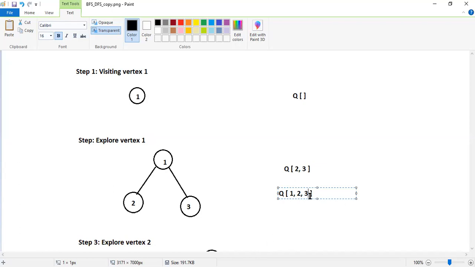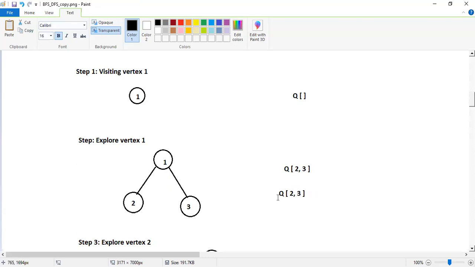Now these are the only 2 vertices which are adjacent to 1. So after I insert vertex 3 here, vertex 1 is now completely explored, meaning all its adjacent vertices have now been visited. That means 1 is completely explored and the queue cannot contain explored vertices. So as part of the queue implementation, the one which has come first we will remove first. So out of these 3 elements, 1, 2, and 3, the one which has come first has to be deleted. So 1 will be removed from the queue. So we will be having only 2 and 3 in the queue.